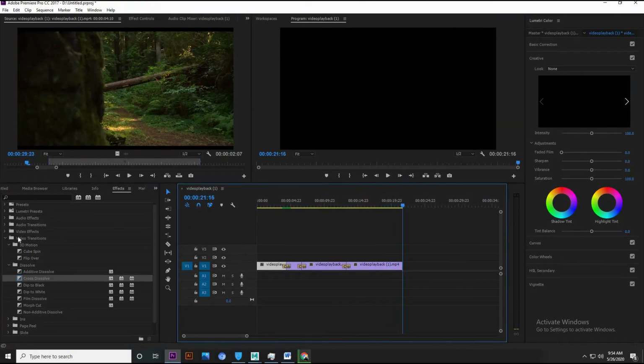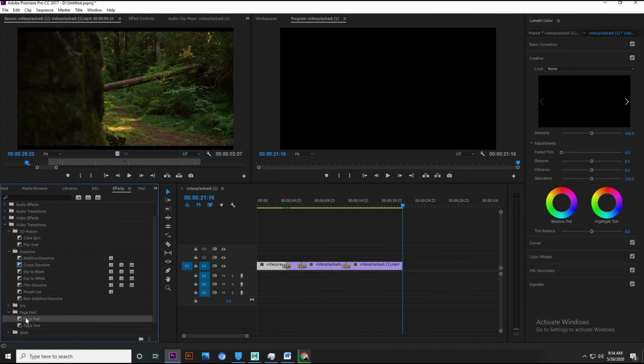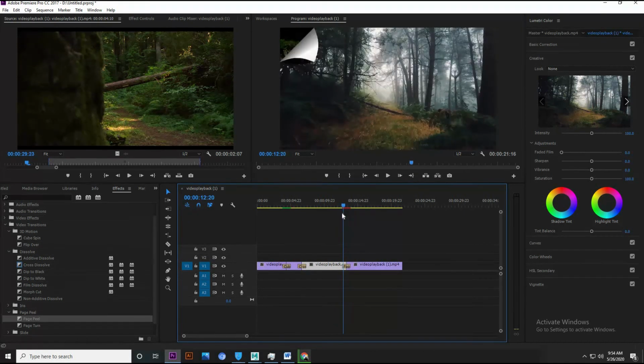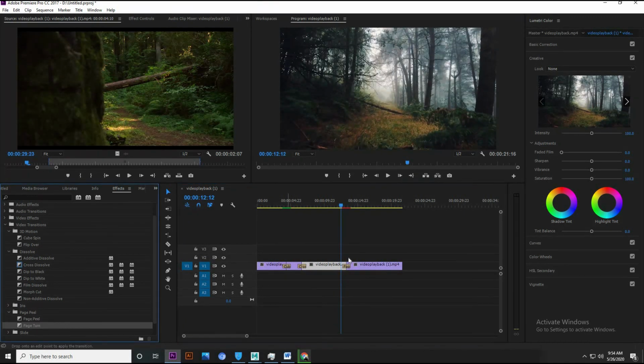Transitions you can find in your FX window, and you will find a lot of transitions in Premiere itself. Otherwise you can go online and find transitions also. Like I gave page peel, now the page will peel, and if I give page turn, it will be like, see,